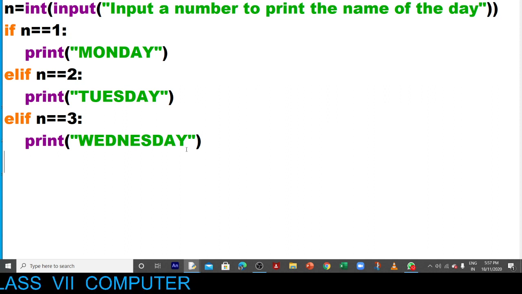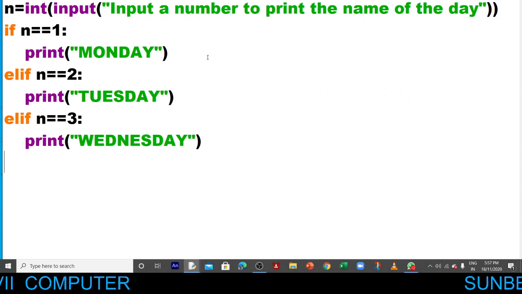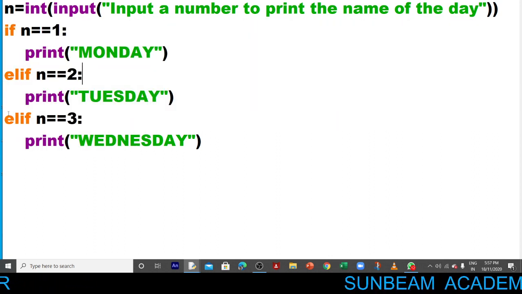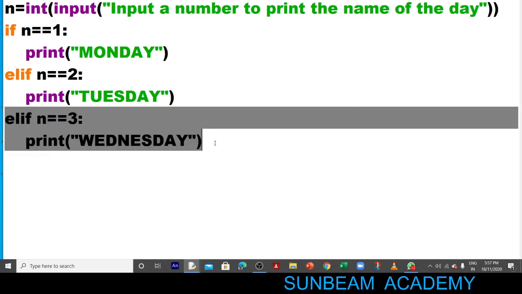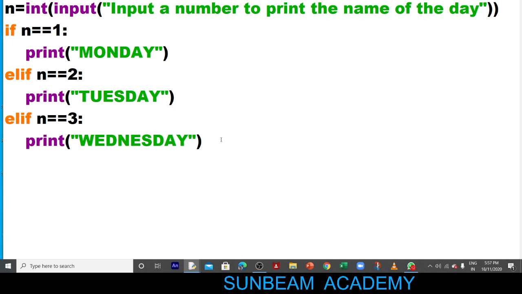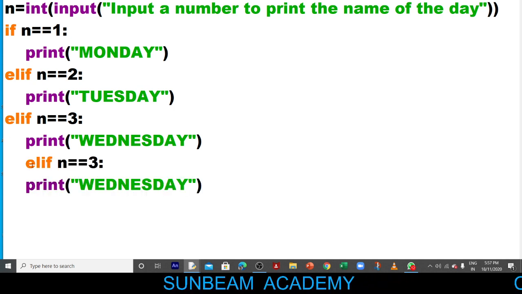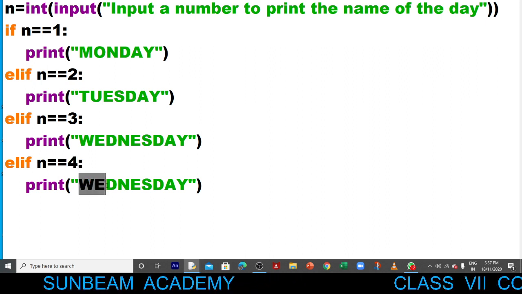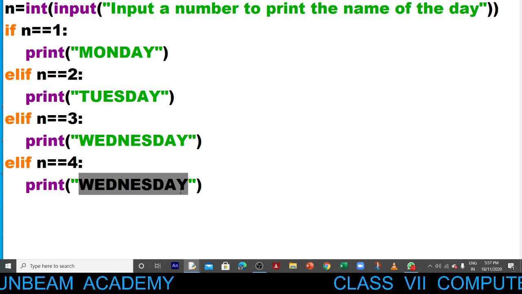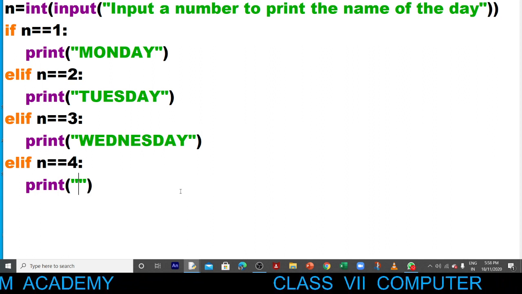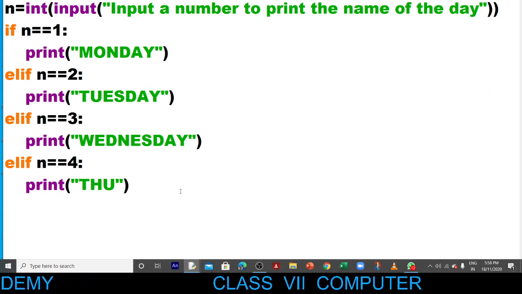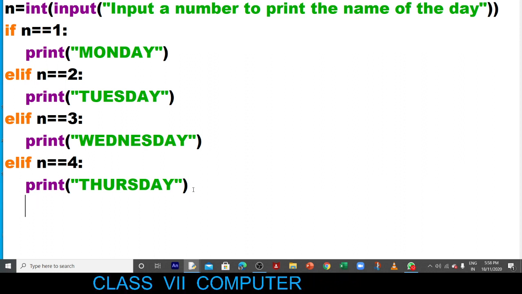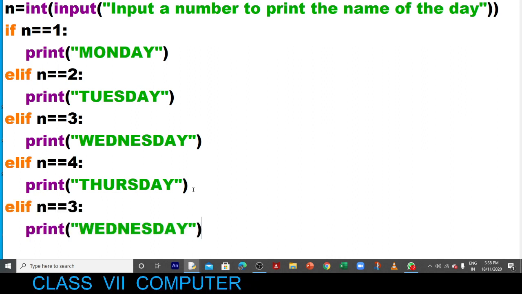Now put a backspace so that you can go back, and now I am doing the copy paste option. Control C and then Control V, and take it back. elif n is equal to 4, so in place of Wednesday what will come, Thursday. Okay, so put backspace and write down THURSDAY. Thursday is printed if n is equal to 4.